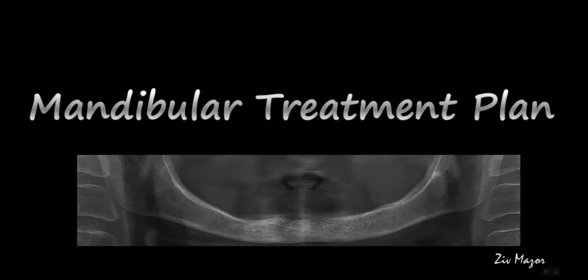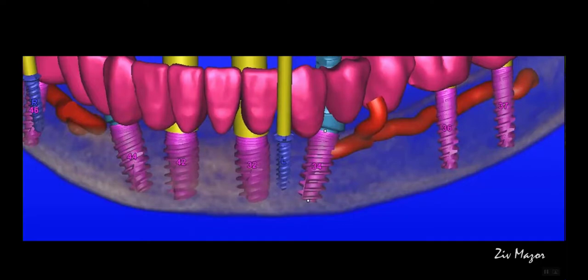So what are the options? Well, we can consider doing just 4 implants in the front with an overdenture or an all-on-4 concept, but the cantilever would be too risky. So we go for an outside-the-box treatment plan. And the outside-the-box treatment plan means that I'm going to place implants not only in the front, but also in the back. And here you can see at the position on the posterior left, I'm going to place 2 implants